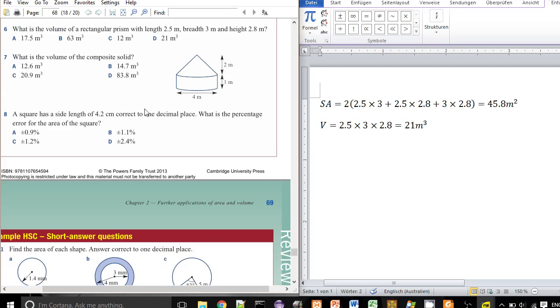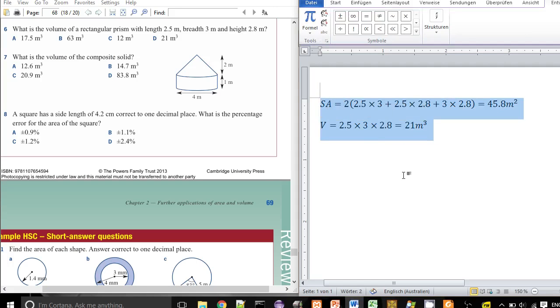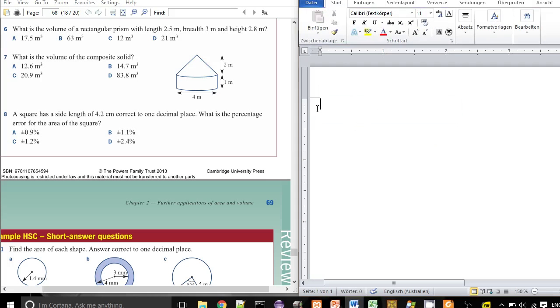Okay, this one. This looks tricky, composite solid. It's hard to tell, but I'm pretty sure it's a cone and a cylinder. Okay, so I'll get rid of this. You can copy it if you want it. Maybe I should set it up so I keep everything and then just keep moving down. Anyway,